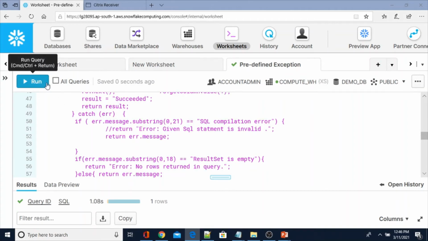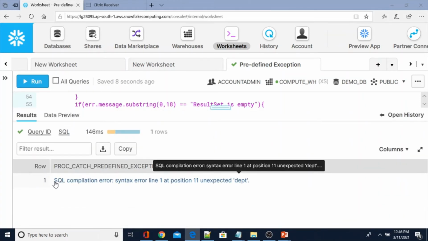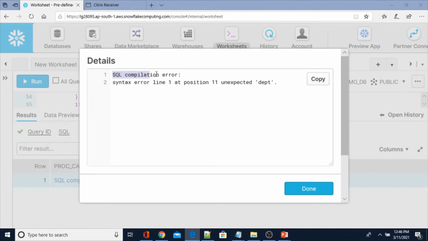Okay, I recompile again and rerun the same procedure. See, this is the actual predefined error from Snowflake or JavaScript: SQL compilation error, syntax error, line 1 at position 11, unexpected DEPT. So before DEPT we should use the from clause. This is the predefined error, we can call it the predefined exception.